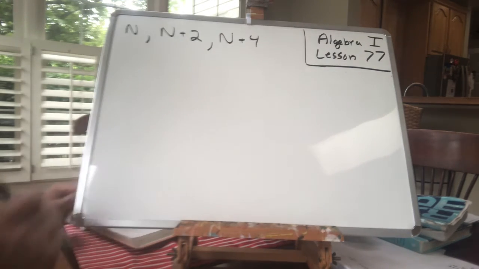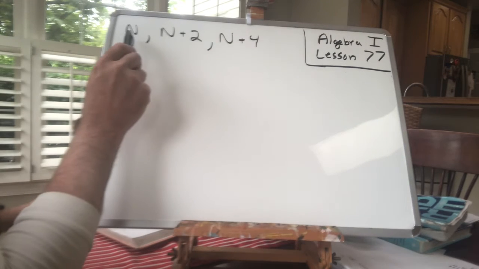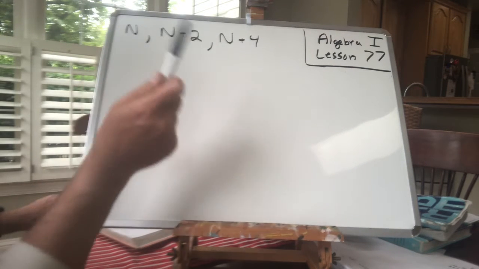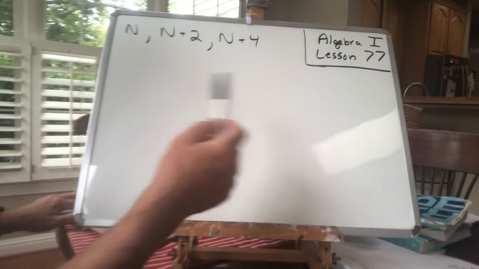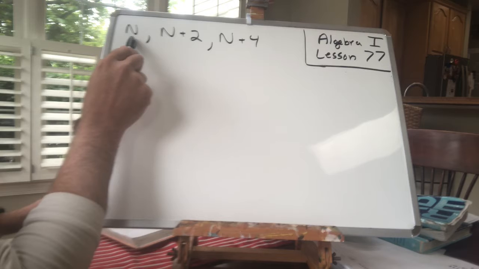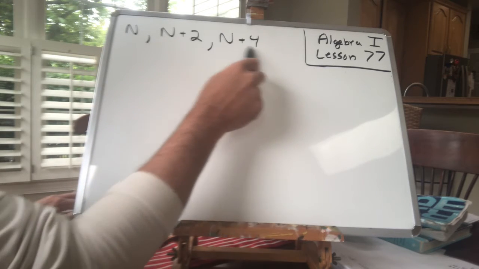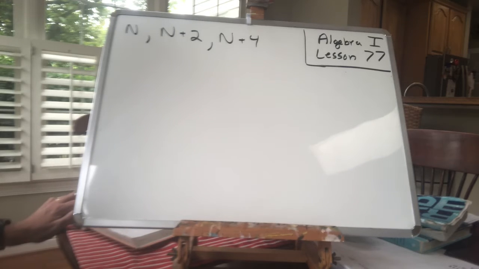With the first example, it says find three consecutive even integers. It would be like 2, 4, 6, or 6, 8, 10, whatever. But whatever the first one is going to be, n. And then we're going to have n plus 2, and then n plus 4. So we have three consecutive